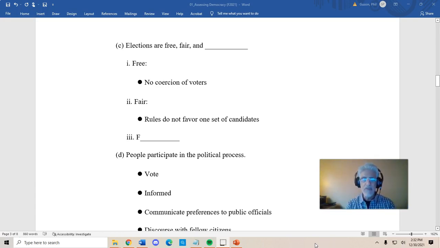Now, I want to be clear about this. I know that in the 2020 elections, there were all kinds of allegations of voter fraud. As of the recording today, it's December 30th, 2021. There is absolutely no evidence of large-scale voter fraud, and that has been true for the last 20 years. There is no widespread voter fraud. The system in place has been very effective.